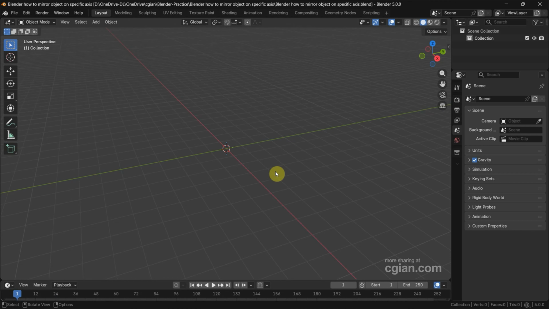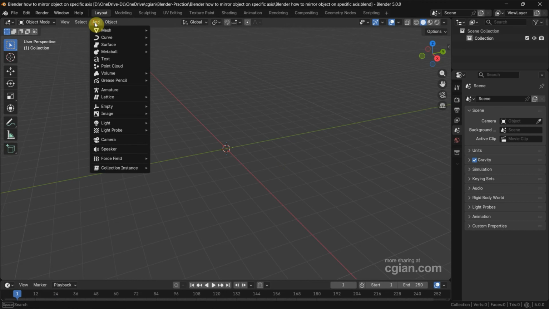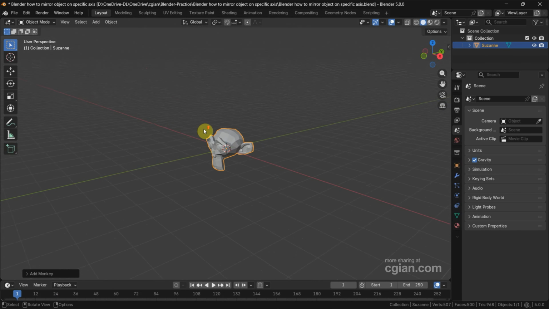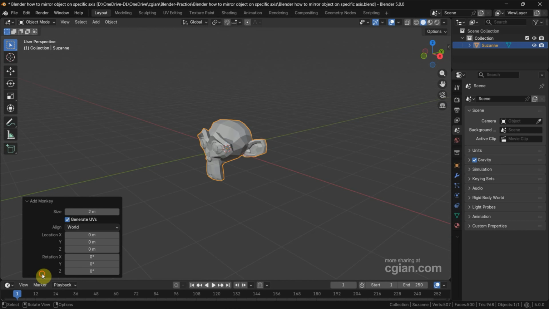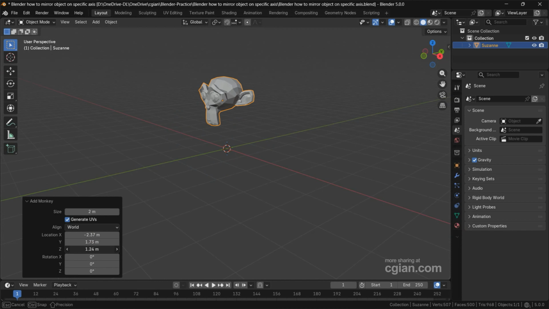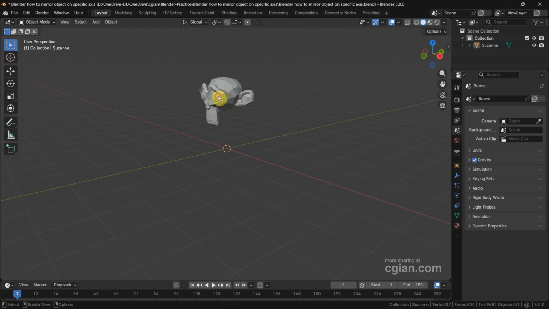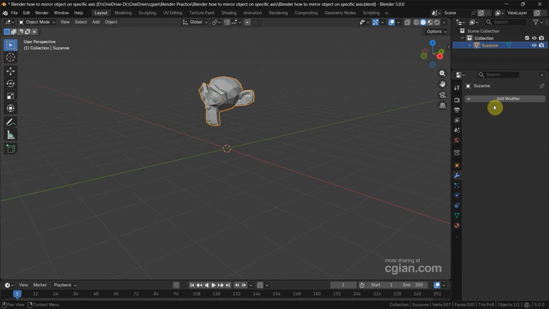In this tutorial, I will use monkey Suzzane, so we can go to Add Mesh and Add Monkey Suzzane here. Now I open the Add Monkey Suzzane panel and move it to one side. Now we can select the objects and then go to Modifier Properties and then add the